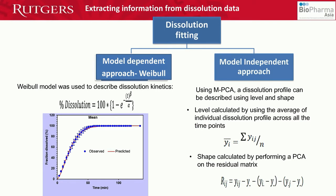Now imagine you have a dissolution profile for which you are not able to find any equation that can fit that data set. That's when a colleague of mine was looking at this particular way in which you can fit the data set, and it's called the model independent approach. What it does is it looks at your dissolution profile in terms of level and shape. And level is nothing but it's calculated by using the average of the drug released at each of the time points across all the time points for the given dissolution curve. And now for the next